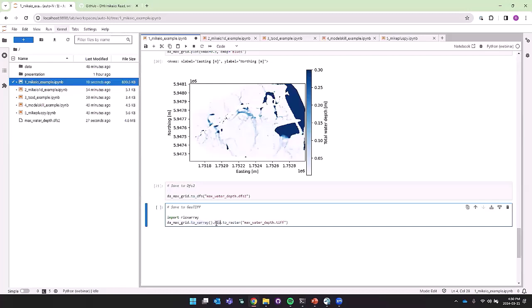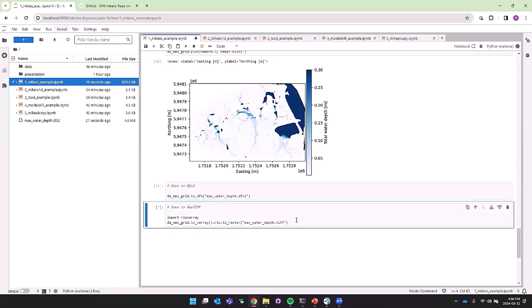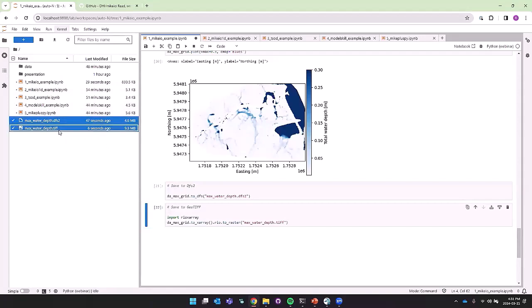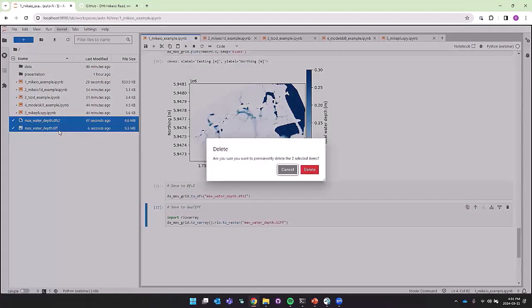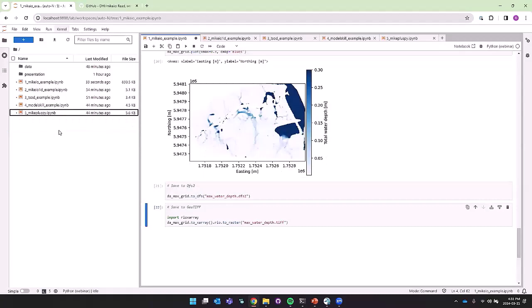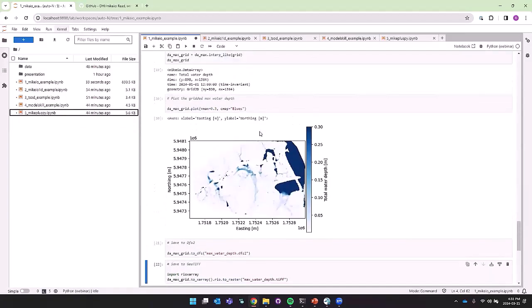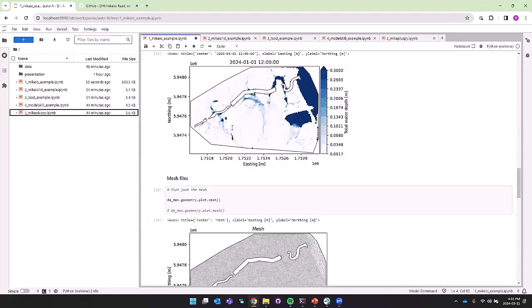We access the functionality provided by rioxarray, and it gives us the ability to convert that to a TIFF file. So yeah, there we have our TIFF file. So that's a very quick intro to mikeio. It can do much more, but I think that hopefully gives a lot of ideas.